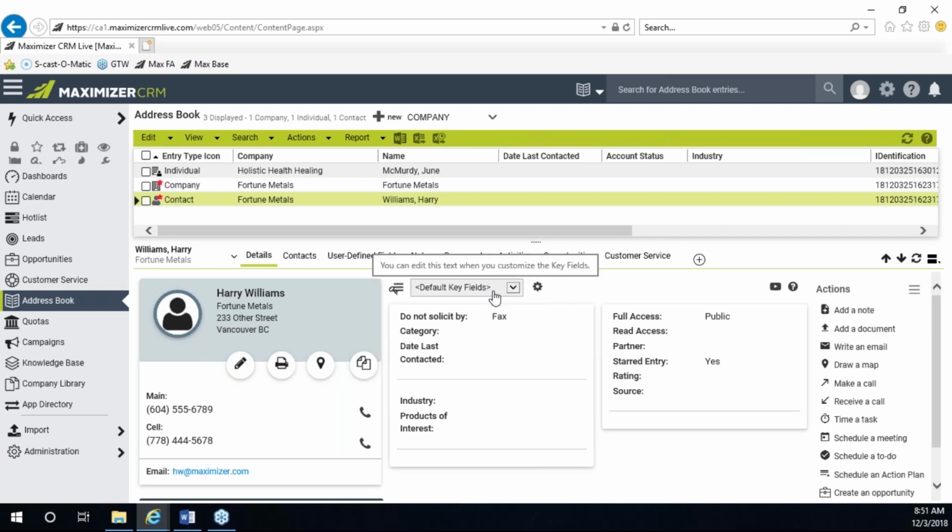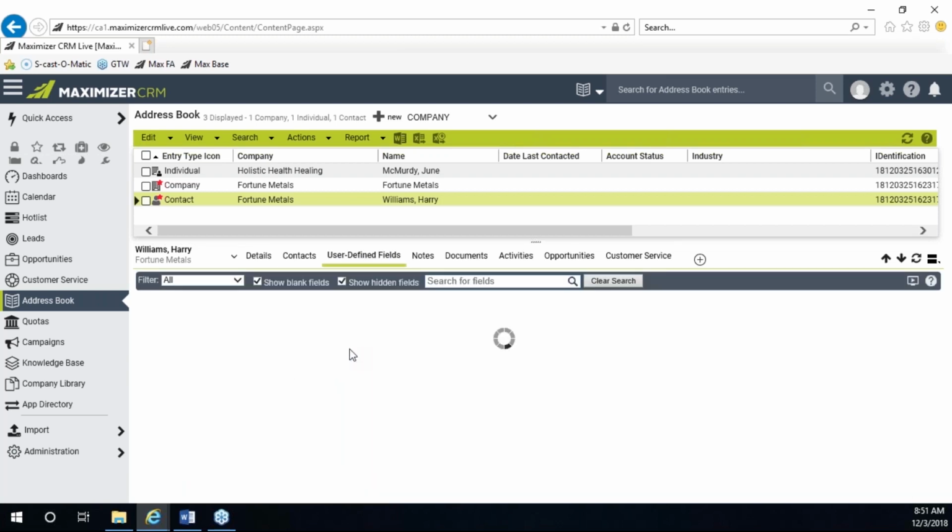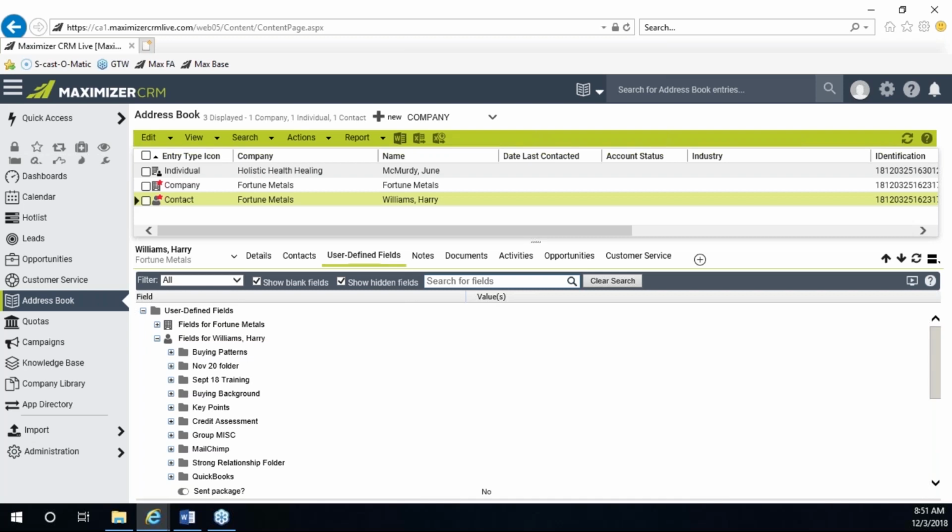But the point is, default key fields include some basic field information, but also user-defined fields, which, reading backwards, are fields defined by the user. When I click on this tab here, I get to see all of the user-defined fields, or UDFs as we call them, that have been created in my database. If your database is brand new, this is probably going to be pretty empty. But if you're joining a company that's been using Maximizer for a while, you will probably have any number of folders, which these are, and inside folders,